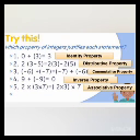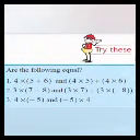Let's move to the next one. 9 + (-9). Here we are using the inverse of 9. That means we are getting the answer 0. This is inverse property. (2 × 3) × 7. Here the brackets position is changing. Firstly, we are multiplying 3 × 7, and on the right hand side we are multiplying 2 × 3. So this is associative property. You can try these questions also.